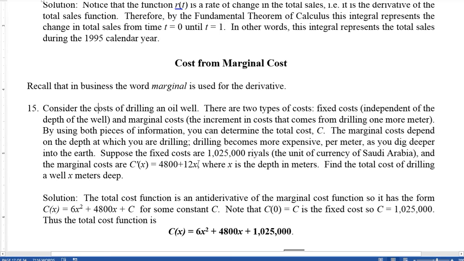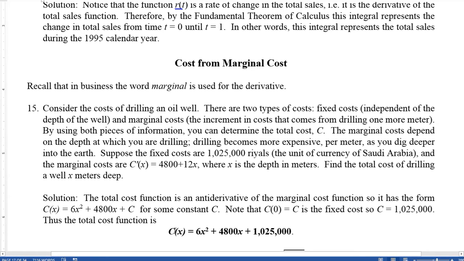This x here is going to go up to second power, and we divide by 2, which makes it 6x squared. So I wrote it in decreasing order of the powers, the degree of each term. So 6x squared plus 4,800x plus some constant C is the cost here. Now notice if you plug in x is 0, you get C for an output. So C is actually the fixed cost, which we know is